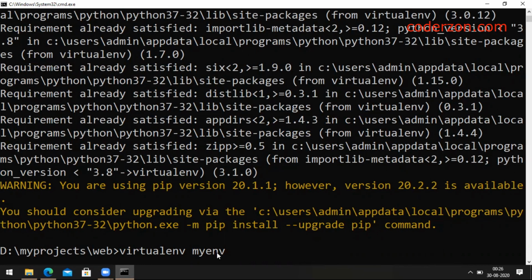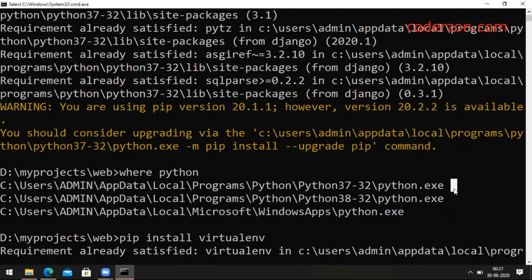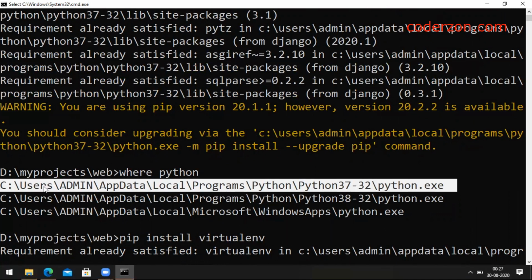But if I do it like this, it is a problem. Here I'm not sure which Python I'm going to use for creating the virtual env. If you want a specific version, we can provide -p and the path. I want to use 3.7 for my web project.